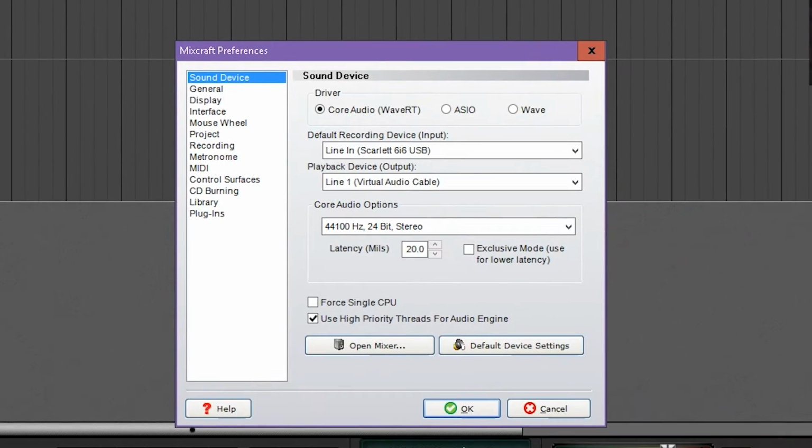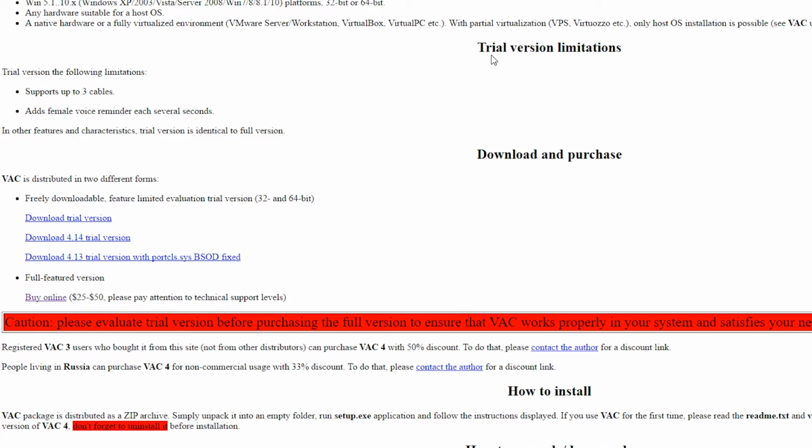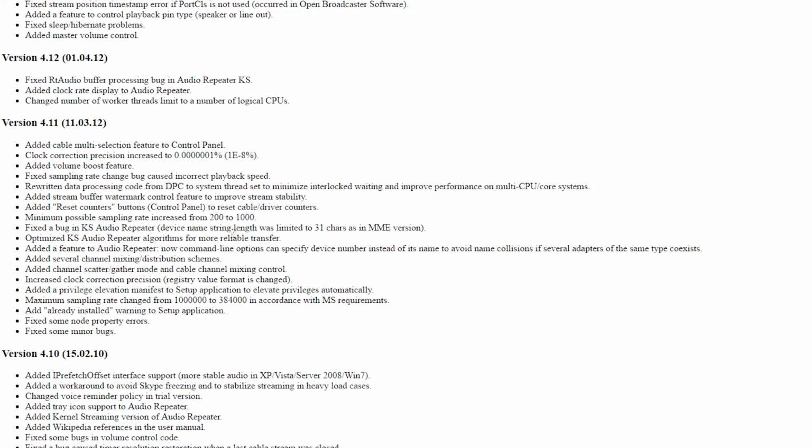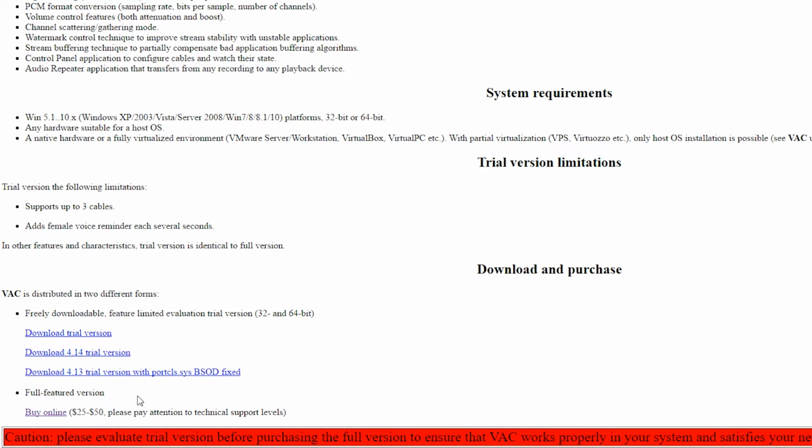So if you go to File and Preferences, the input, as you see there, has got your microphone plugged in, and the output is the virtual audio cable, which we will talk about now, with good quality like that. So if you Google virtual audio cable, you'll get brought to this page. This is where you download virtual audio cable itself. You don't really want to download the trial version, because a thing that says trial in your recording keeps on popping up. So I would recommend getting the paid version, which, to be honest, doesn't really seem that expensive at